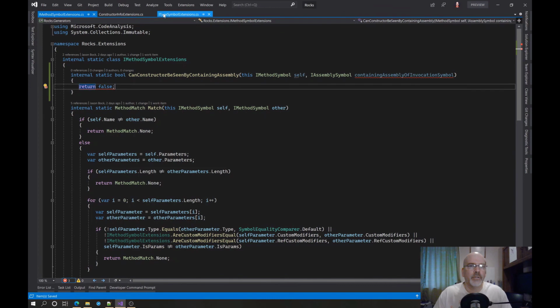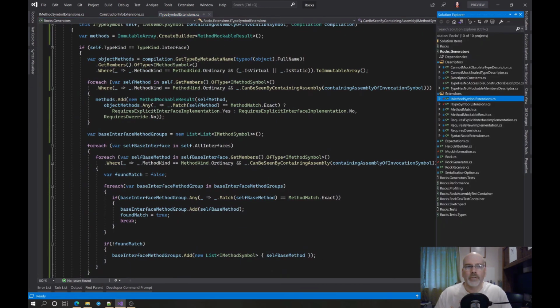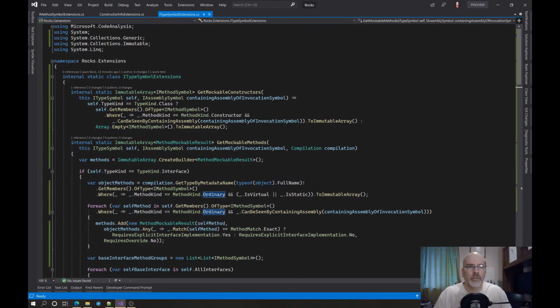Return false for now. Yes, yes, yes, I know. When we go get all the constructors, yeah. So again, because the constructor could actually be public, but that's not good enough. We also have to see, can the constructor's parameters also be seen? Because you could have a, you know,